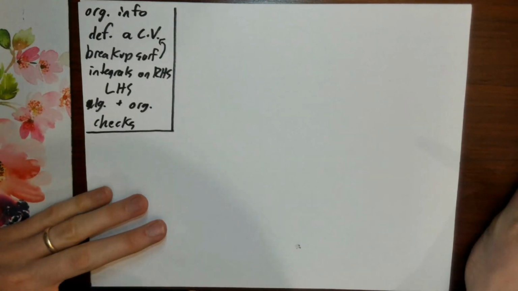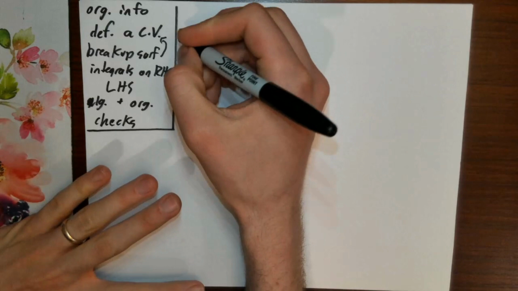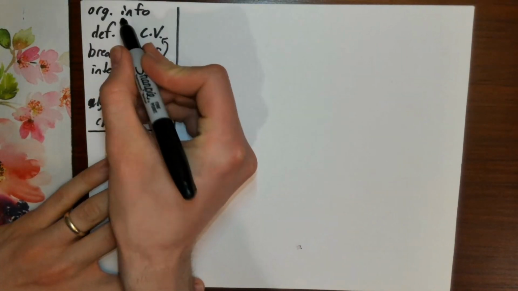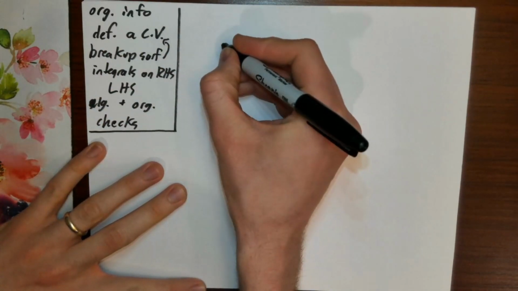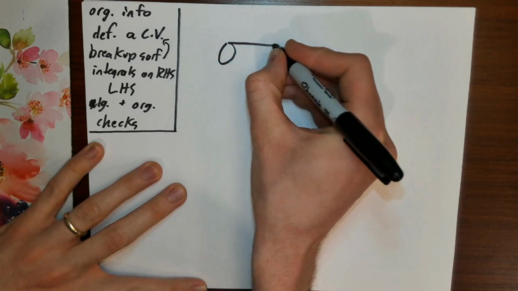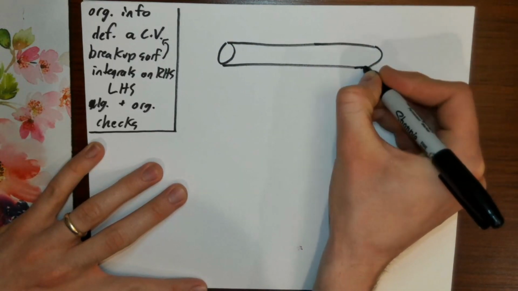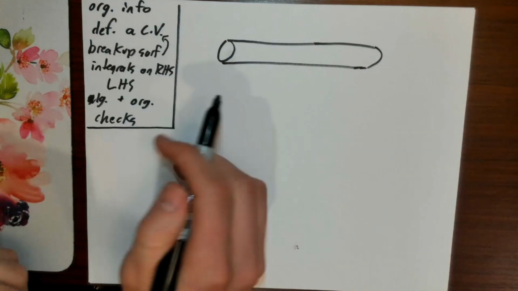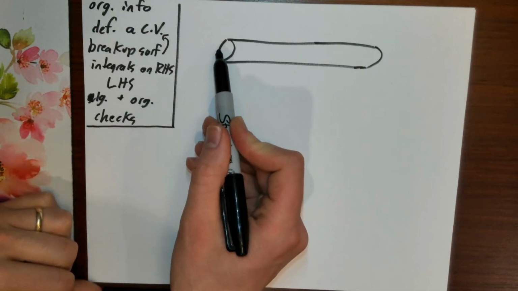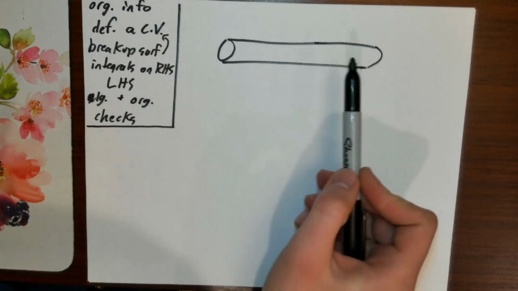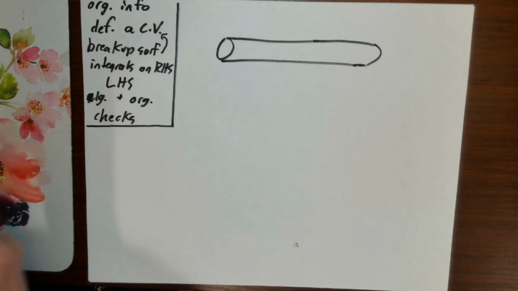Only this time, we're going to do a slightly trickier problem. So let's get started with organizing our problem info. Let's imagine we have a pipe. Let's say it's a cylindrical pipe. Maybe it looks something like this. And I'm flowing some flow into this pipe, and I have information about what the velocity profile is in this